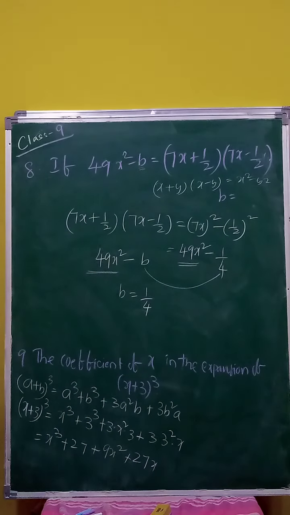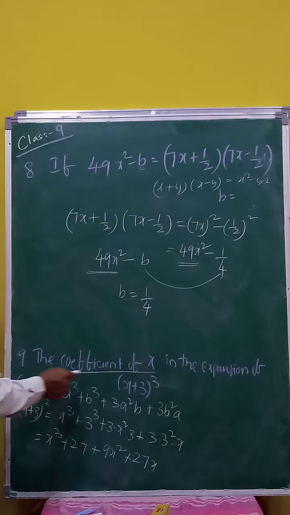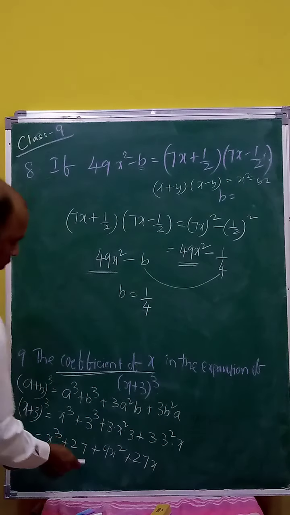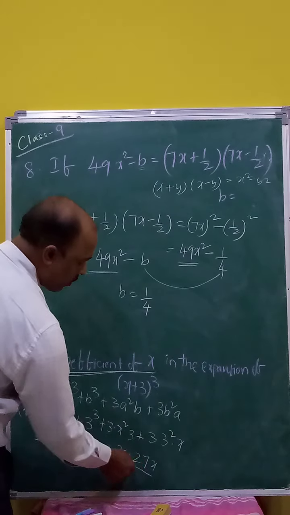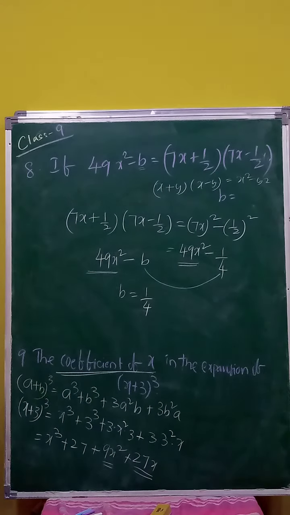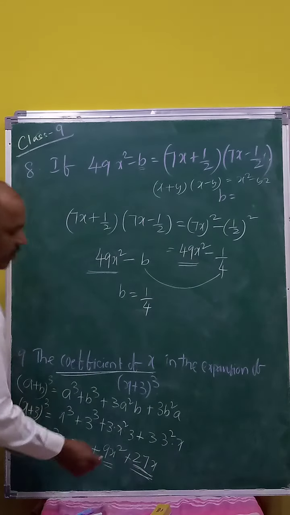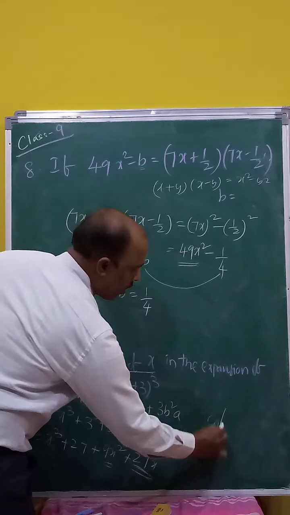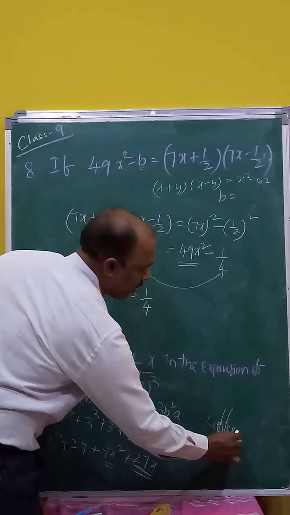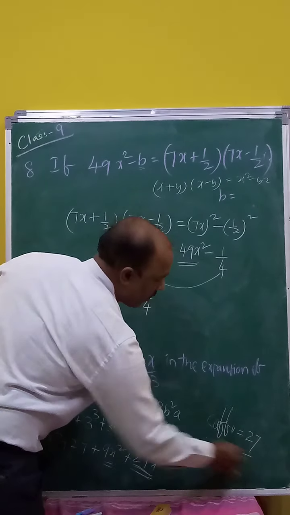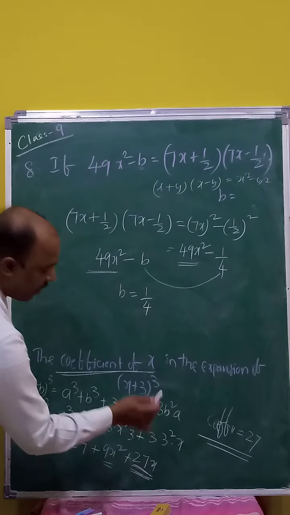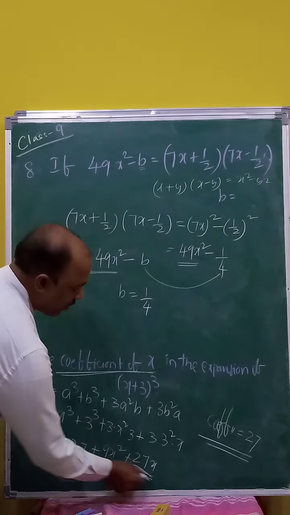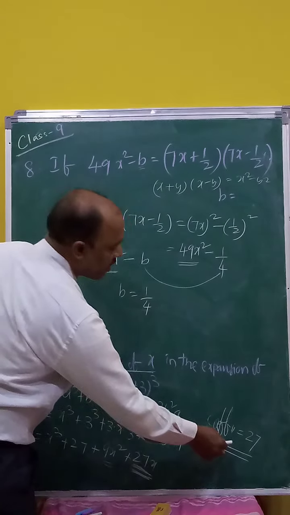Now observe children, what is asking actually here? Coefficient of x. What is x here? Here x cube, not possible, here also not possible. Then what is the last one? 27x. Then it is asking coefficient means before x. What is the number here? 27. Then coefficient of x is equal to 27. Coefficient means what is before x, whatever is the number, if nothing is there, 1. Already we have 27, that's why we are taking 27 as the coefficient of x.